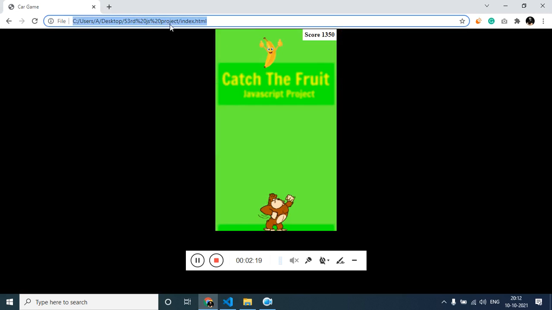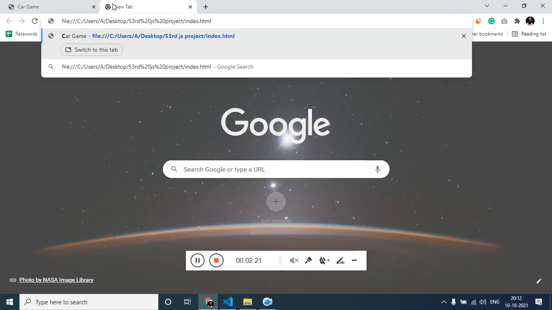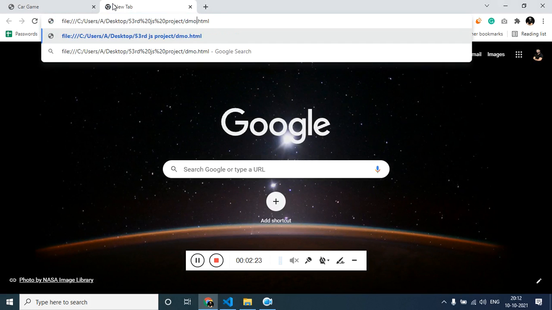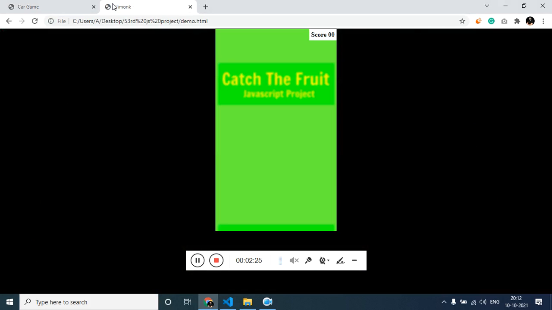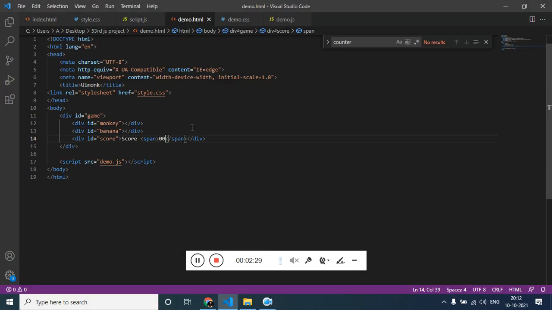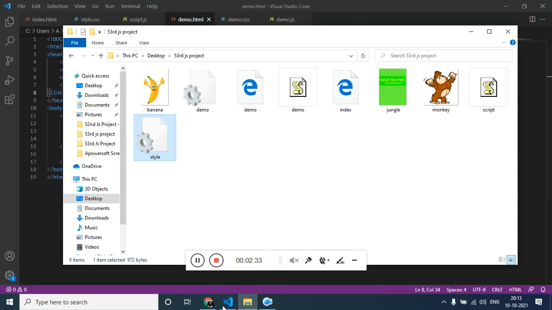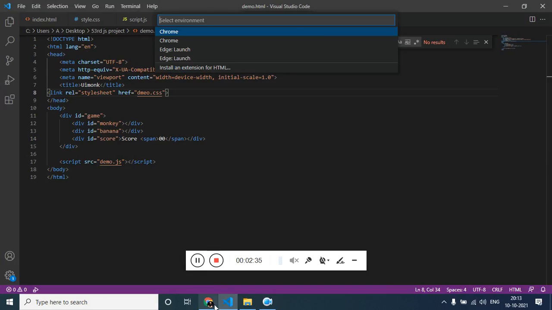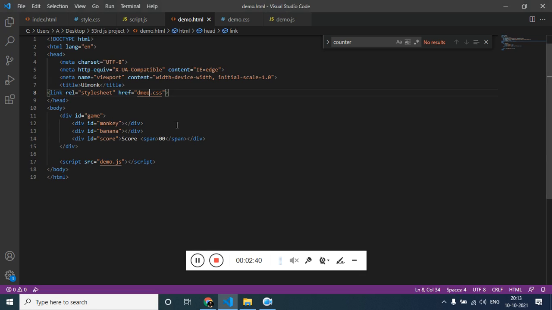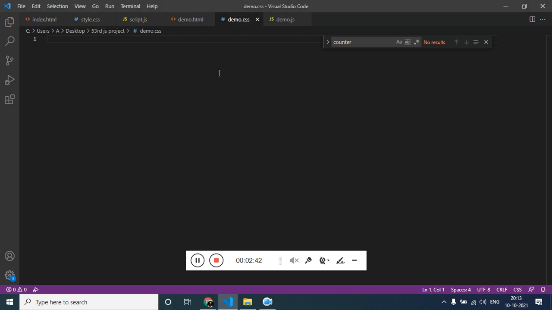So let me show you how this looks without CSS. Since we are in the same folder, we can just copy paste it and call it. Actually style.css, it is demo.css. Refresh it, get into the browser, refresh it, and this is how it looks, plain and simple. There is no design. Now let's start designing it.